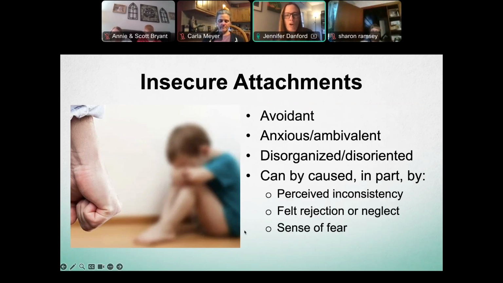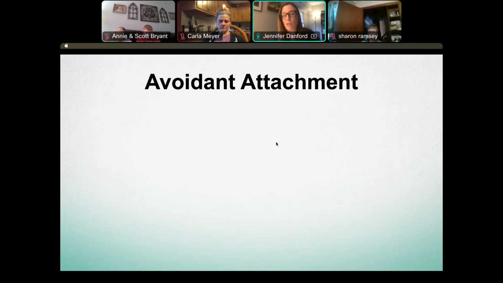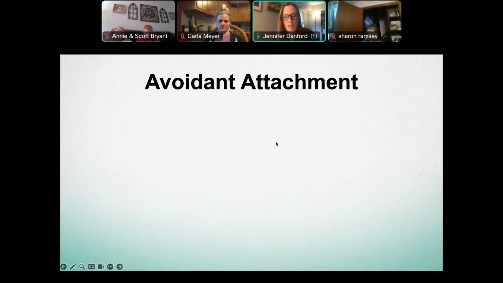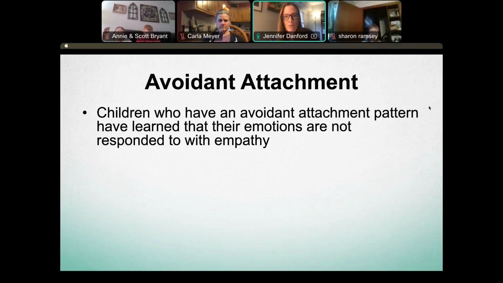So they can all be caused by those things I mentioned before, different things happening in the home, inconsistency in parenting, if the child feels rejected or neglected, or just an overarching sense of fear, which occurs a lot with abuse and neglect. So we'll talk about avoidant attachment first. Kids who have this avoidant attachment pattern